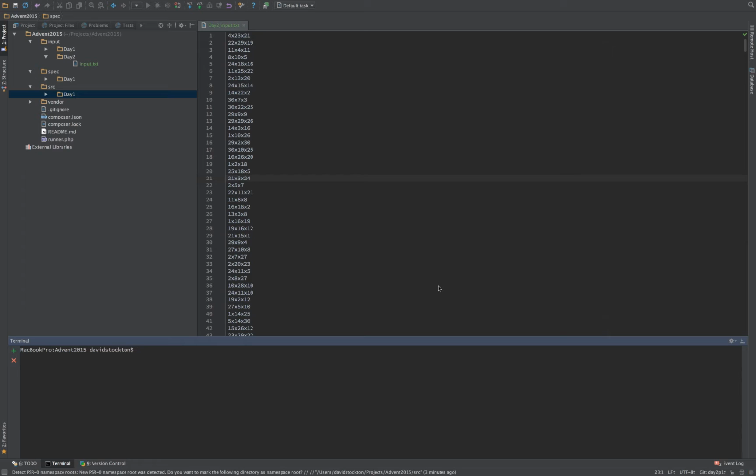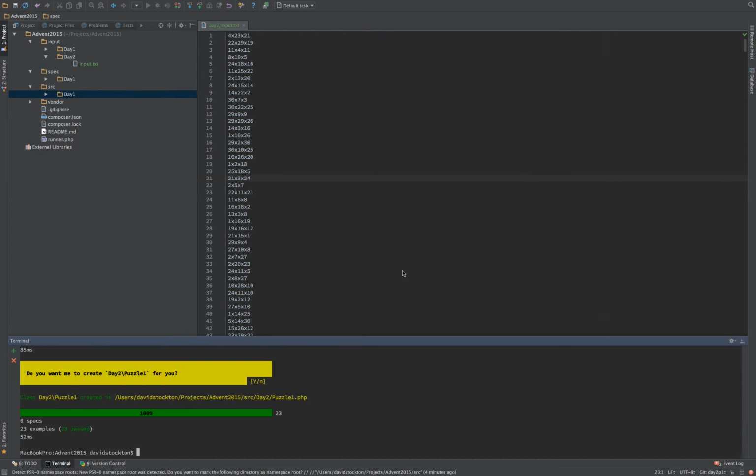So this time I'm going to go a little bit backwards from what I've done before. I'm going to build the puzzle runner first, and then build the classes in order to support the puzzle runner coming up with the correct answer. So let's get started. We've got phpspec. We're going to describe the day 2 puzzle 1 runner, and we'll run it